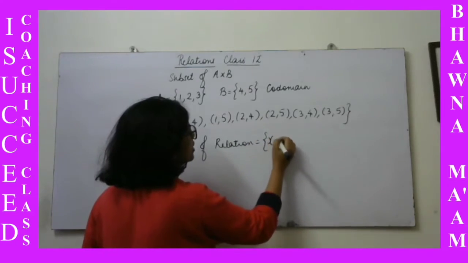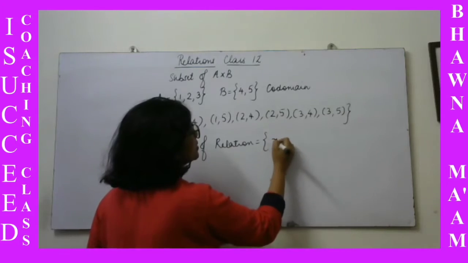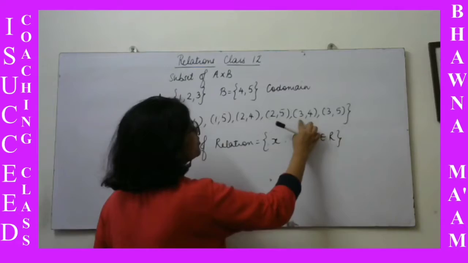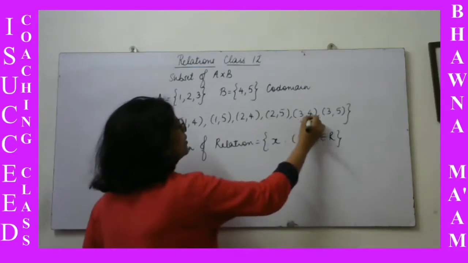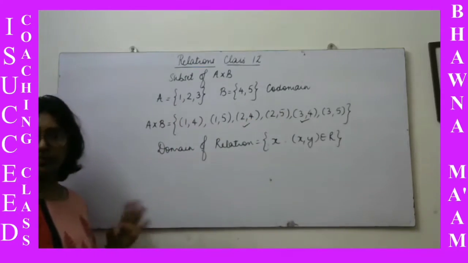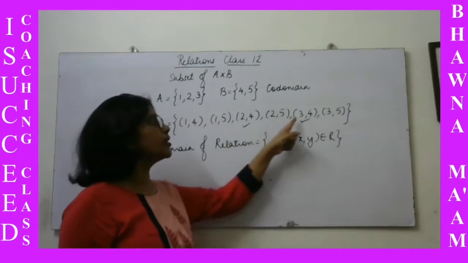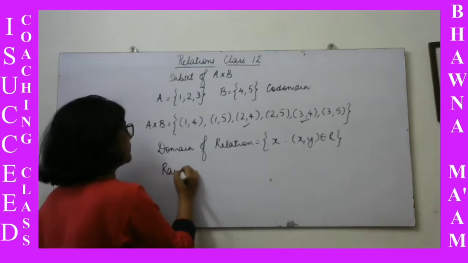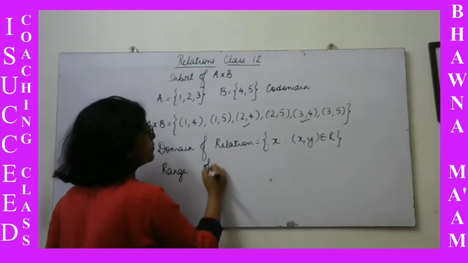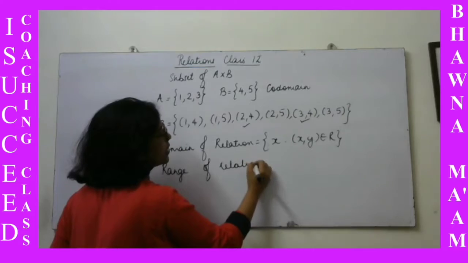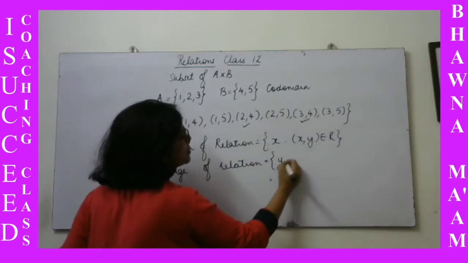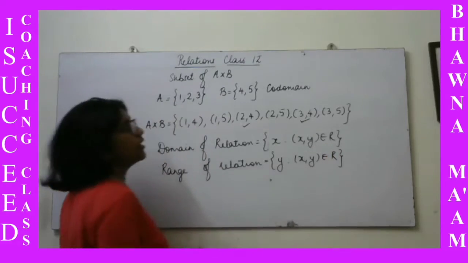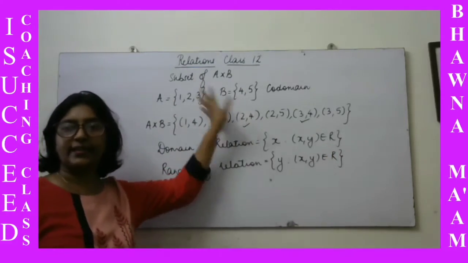So in general we can write this, that the domain of a relation is the first element x such that x, y belongs to R. That means if 3, 4 and 2 comma 4 is the relation that we take up, then 2 comma 3 is the domain, the first element, and the range of the relation is the second element. So we write y such that x comma y belongs to R. And codomain will always be the whole second set.